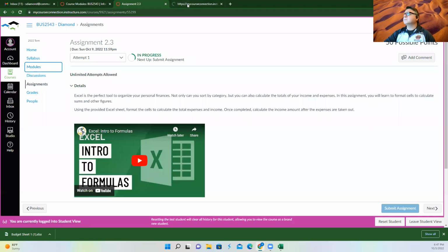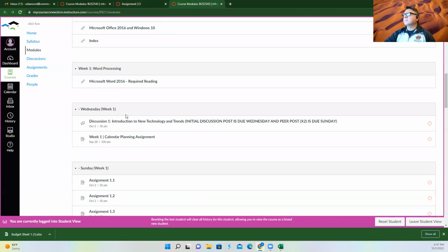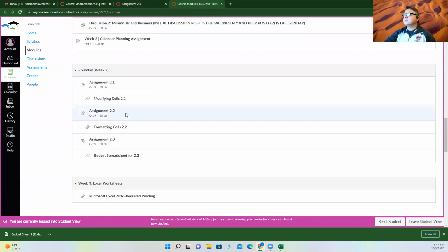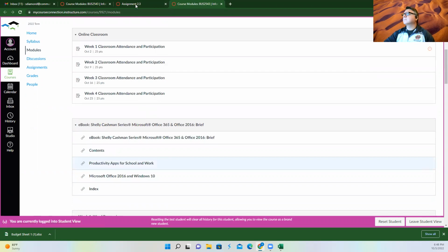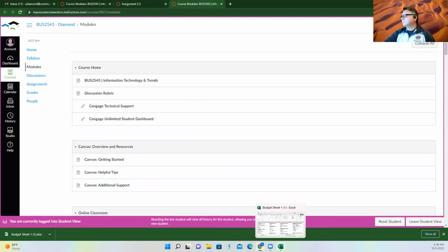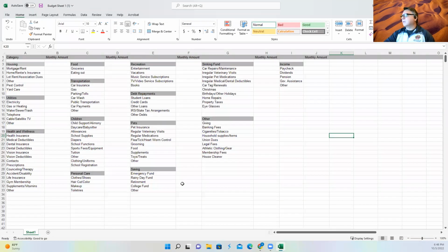Right click, open new tab. Been a while since I looked at this. That's a budget spreadsheet. Okay. Let's work with what we have then. I think what he's looking for is you to put your stuff in here. And